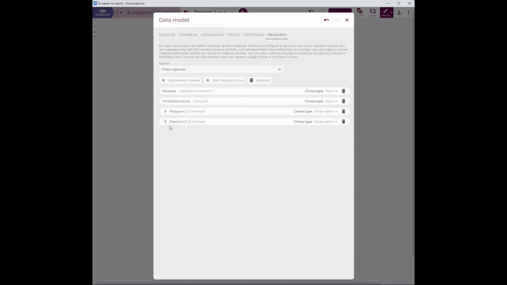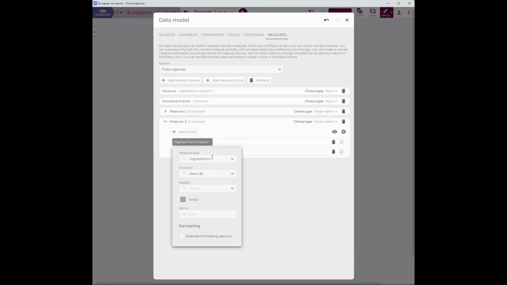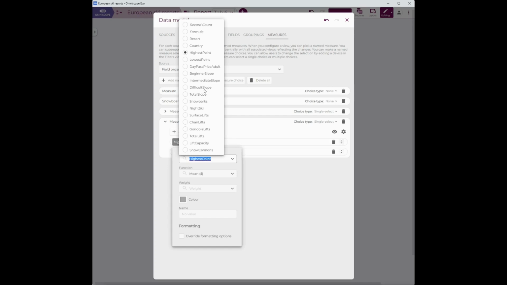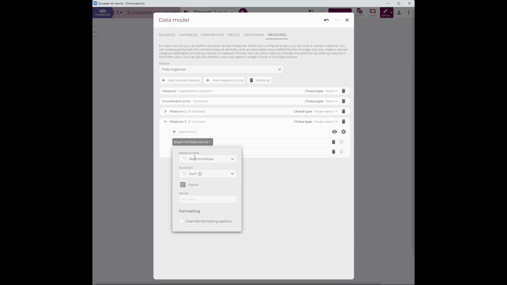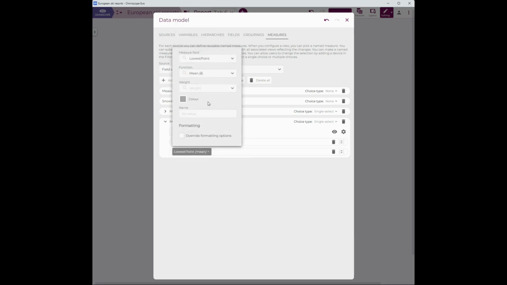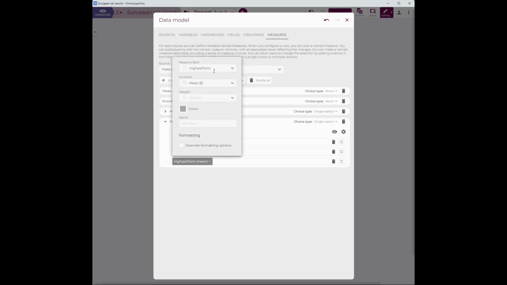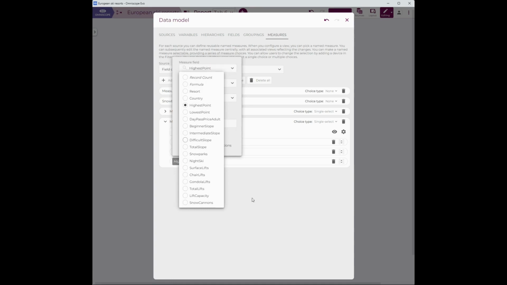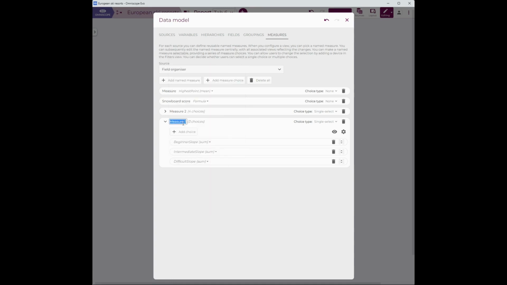For my measure choice, I'm going to choose three measures here: beginner slopes, intermediate slopes, and difficult slopes. I'm just going to give these a name so that I know which named measure and which named grouping I've created. So I'm just going to call it multi-select measure. And for my grouping,